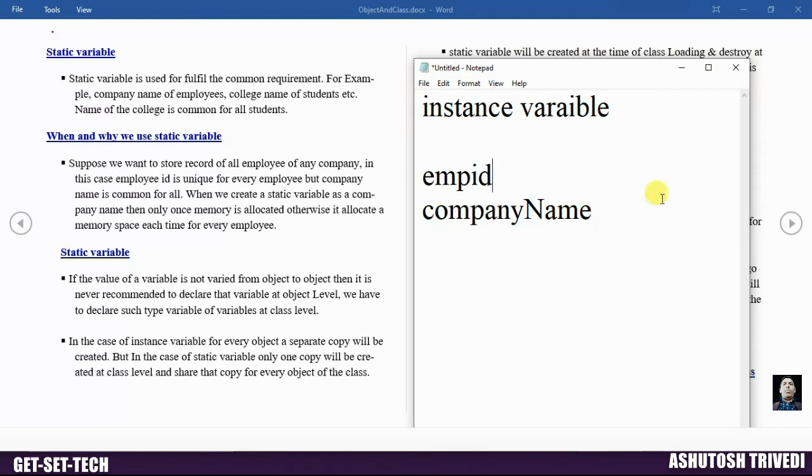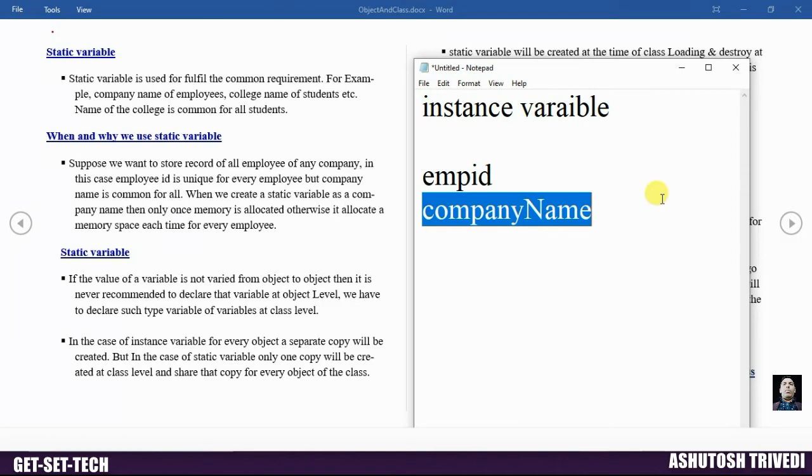If you declare employee ID as an instance variable, for every employee a separate copy will be created. But if you declare company name as an instance variable, a separate copy of the company name variable will be created for every employee.